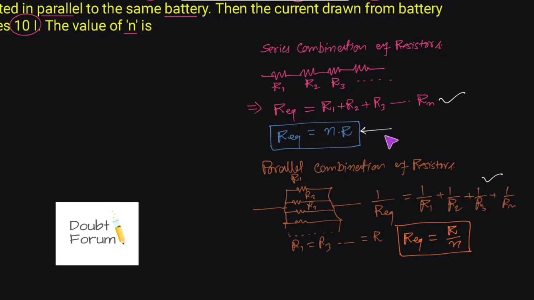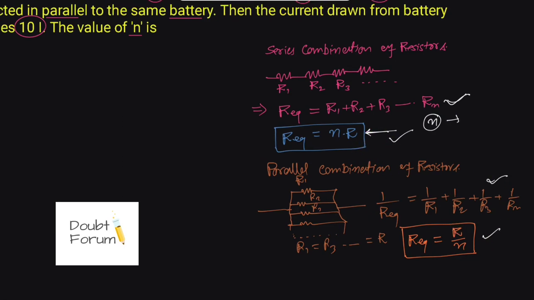In this question, we will be using these two formulas because it is already mentioned that the n resistors have the same magnitude of resistance. So when they are similar, instead of using the bigger equation, we will go with this one for the series combination and this one for the parallel combination. So let's